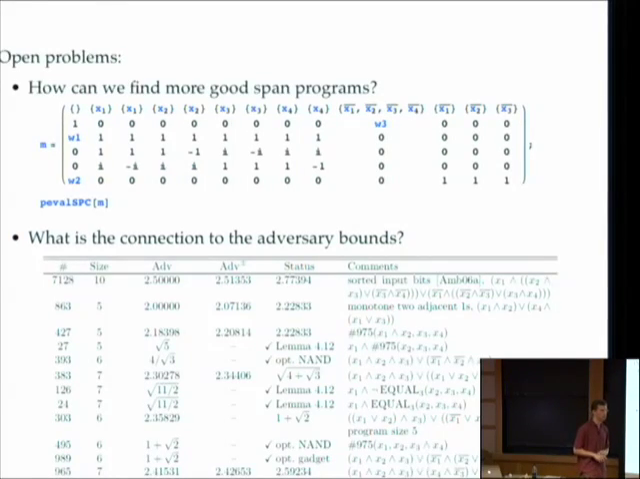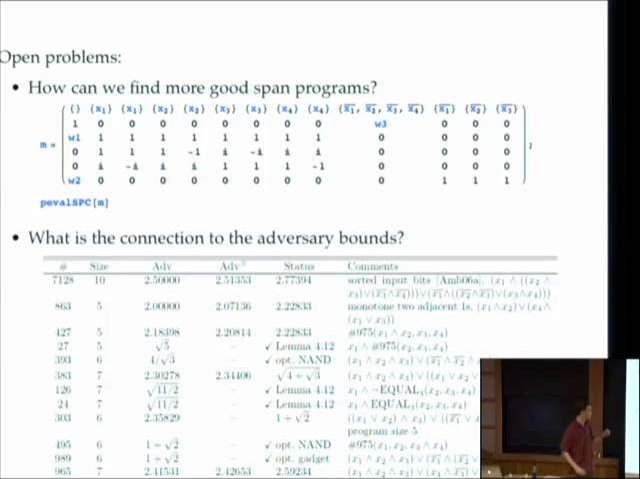I guess one thing that you demonstrate there is that the generalized adversary bound is not tight, or what's that mean in this? Yeah, so the second question I'd like to talk about is what the connection between the span programs and